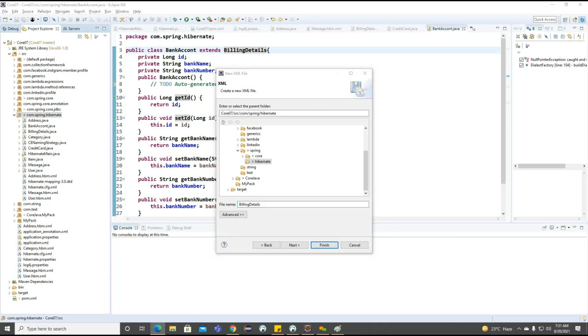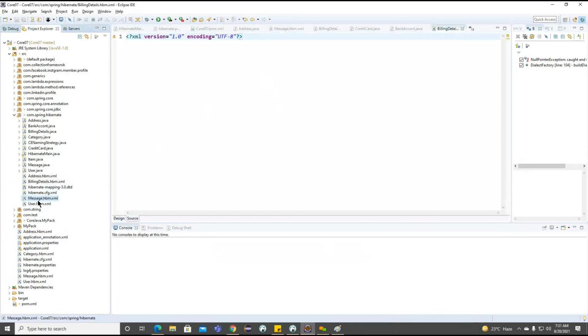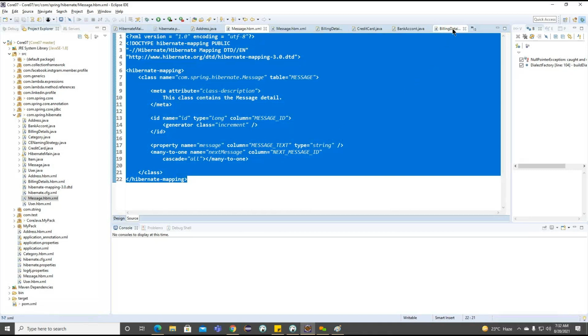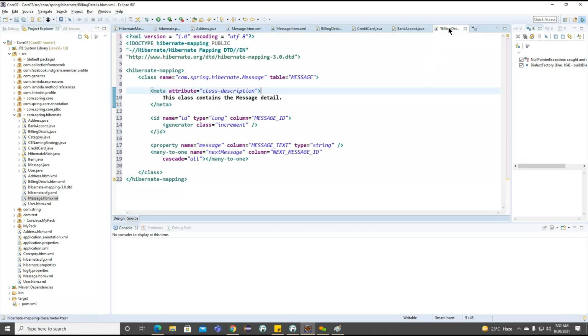So I'm going to create the billingdetails.hbm.xml file here, and inside this BillingDetails, let me close the other classes information.